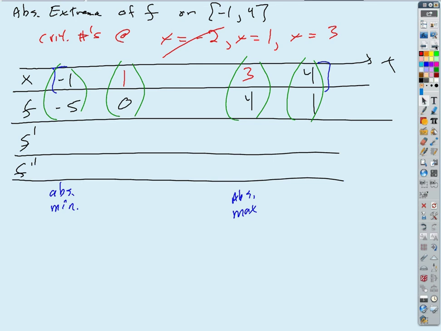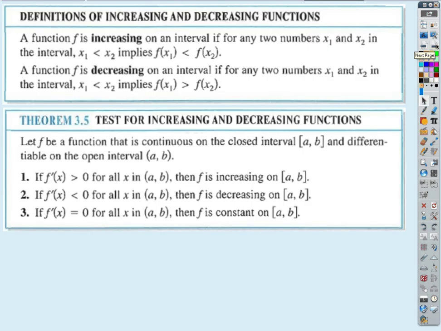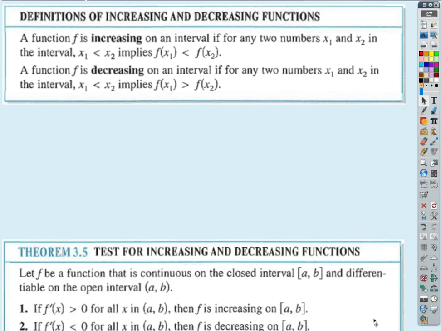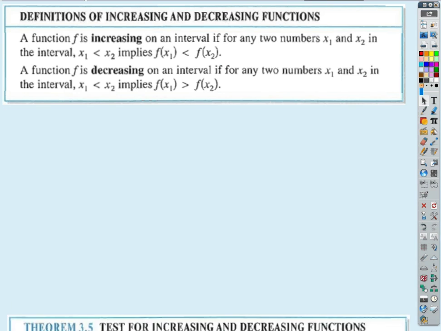So that's a pretty good summary of the stuff that we did last week. All right, so now we want to look at a couple new things. We're working towards what's called the first derivative test. So our goal for today is we want to find ways to very efficiently locate relative extrema. Okay, and we know they have to occur at critical numbers, but how are we going to organize our search